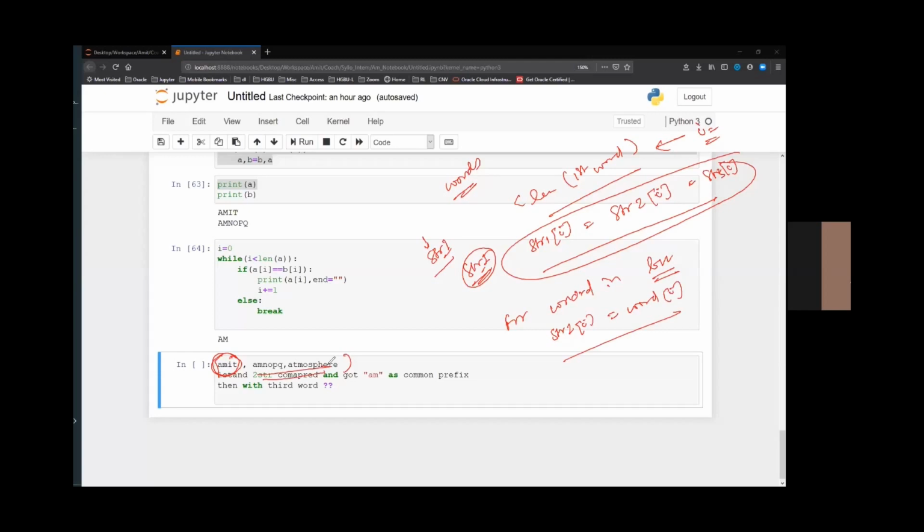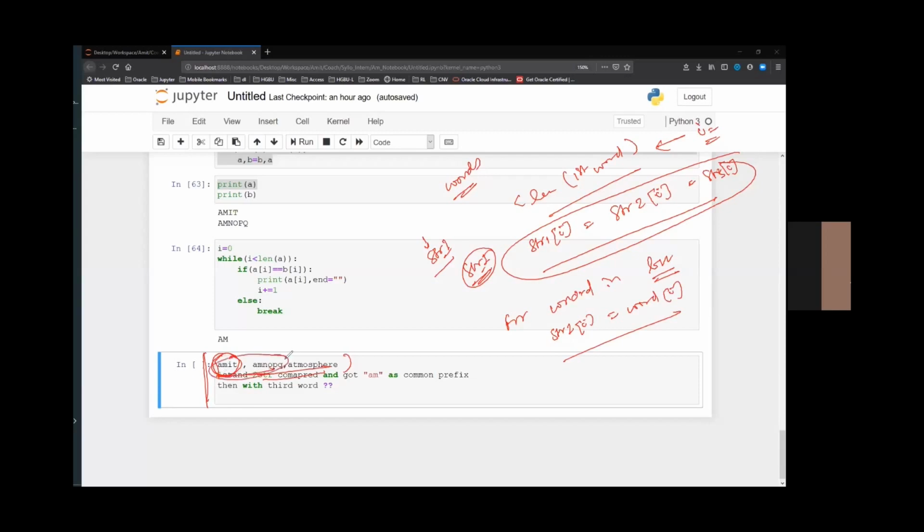Any approach is fine, but you will not be comparing the first and second string and then comparing the third string. But yes, I agree, Lily, this is a better approach, what you are suggesting. For everyone to understand, let me explain what Lily is trying to highlight here. What you could have done is first compare two strings.